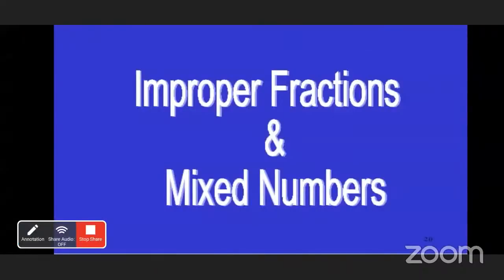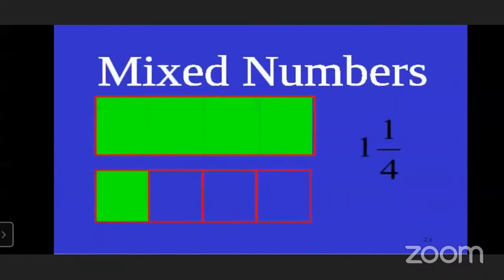Now see, improper fraction and mixed numbers. We already know the proper fractions. See here, this is a mixed number. How to draw a mixed number? So here the fraction given is, read the fraction. 1 and 1 upon 4. Where is the point? The point is not given. 1 and 1 upon 4. Yes. 1 is the whole number and 1 upon 4 is the fraction.